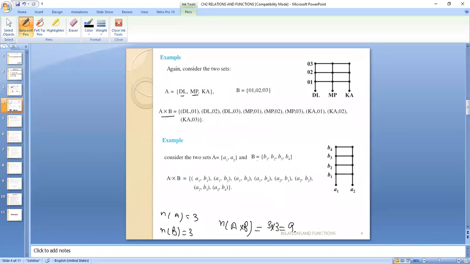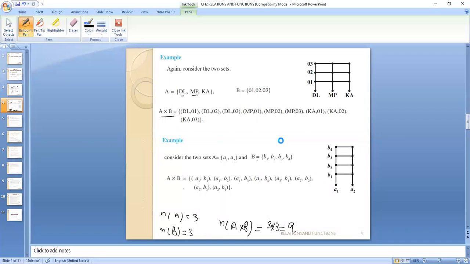This is the Cartesian product of sets A and B. It is very important that you write it in set form because A cross B is a set. So a curly bracket will start. Then you will start writing ordered pairs, meaning in round brackets the first element of the first set, the first element of the second set, then the first element of the first set, the second element of the second set. This you have to take care of, right?